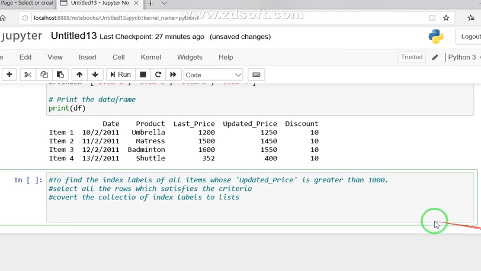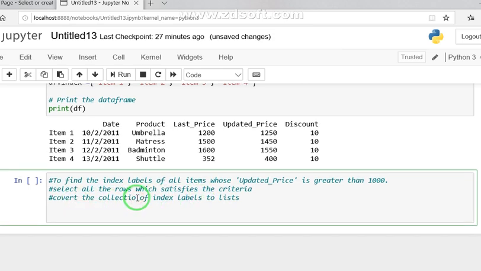The purpose is that you can easily understand from these comments. I have already told you that comments are for documentation purposes. Now you see the last step is convert the collection of index labels to list. So all those index labels will be converted to list in this step.